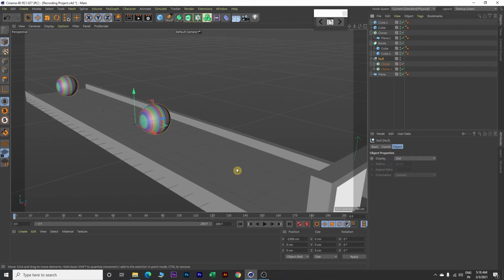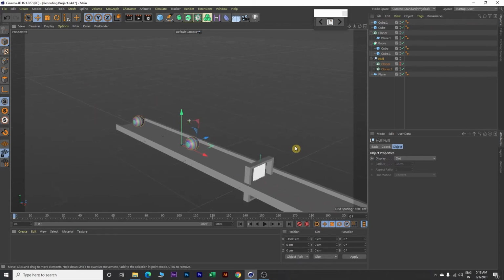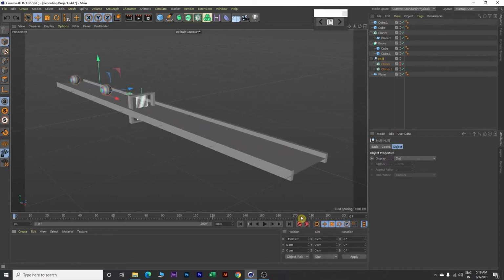Now zoom out. Next go to frame number 180 like this over here, and then move your null object toward here, and then ensure that X value is 3500, and then click on this keyframe again.